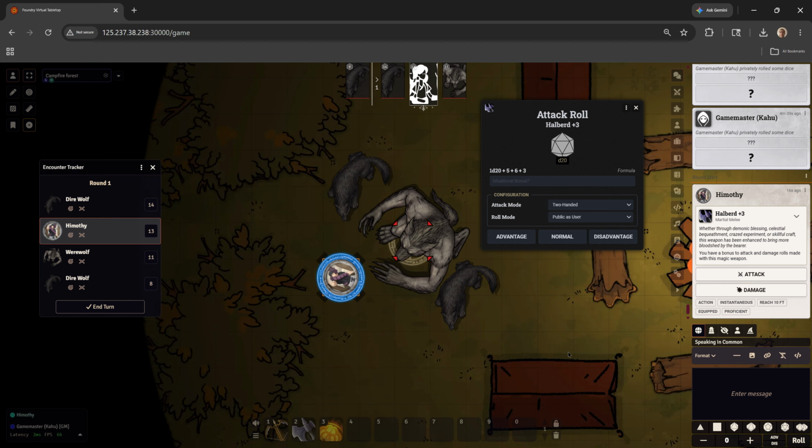Now, if you can make multiple attacks in a turn, that I'm looking at you, Kamina, for your monk, or if your spell has multiple steps, which we'll go over shortly, what I would recommend is you find the thing,